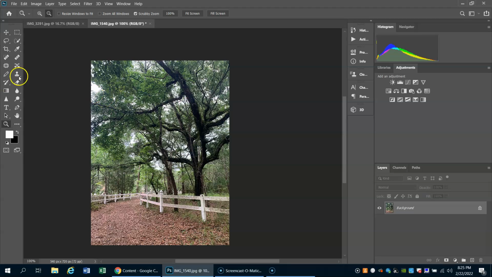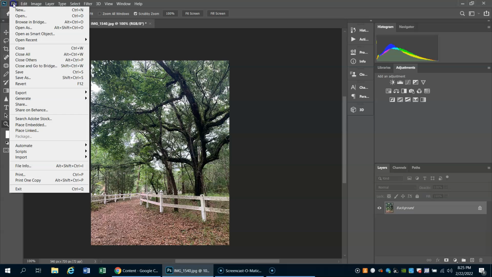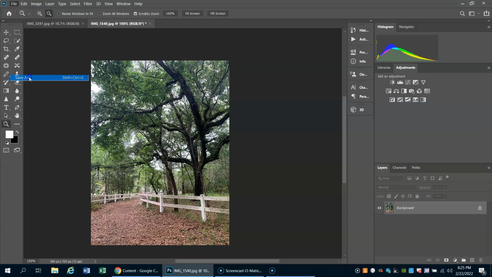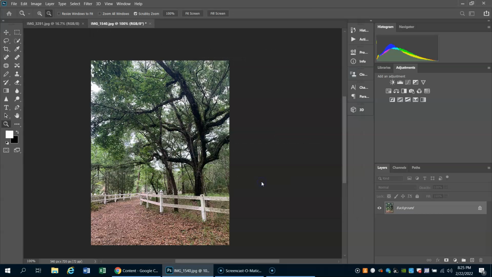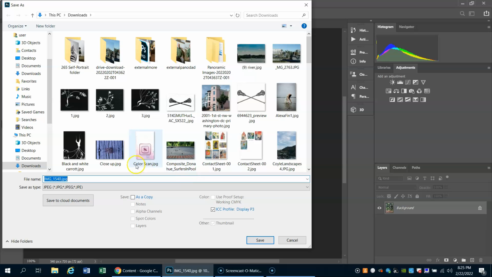So now we need to save the file. You go to File, Save As. We always do Save As so we don't override the original file. You can save to My Cloud or on your computer. You're working from home on your own computer. And then the file name I want you to use is the assignment name. So this coming assignment is narrative. So I'll just put,